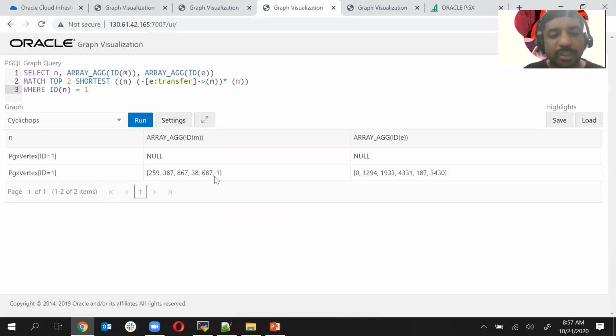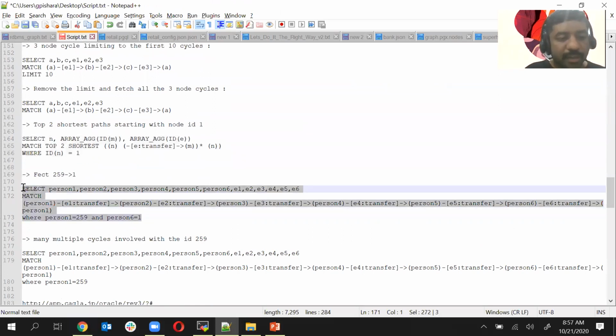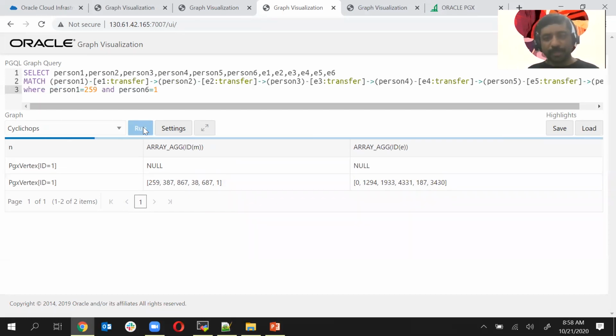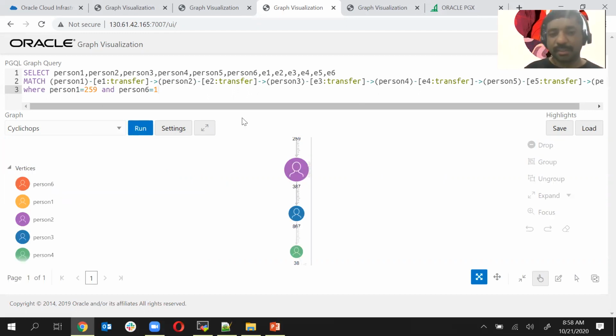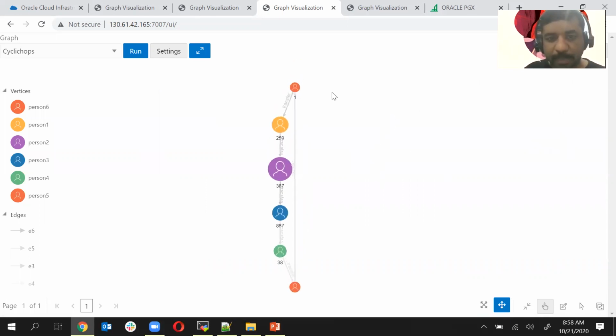Now let's see this particular transaction in detail between 1, 259, 387, 867, 38, and 687. We can now write a query to get information on all the people as well as the edge and the different properties of the edge, wherein there was a transaction between 259 and node ID 1. So we can write a PGQL query, and it would let us visualize that particular result on the screen by giving the node ID. If we maximize the visual pane, now we can see